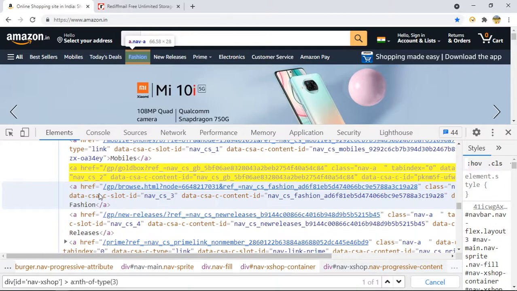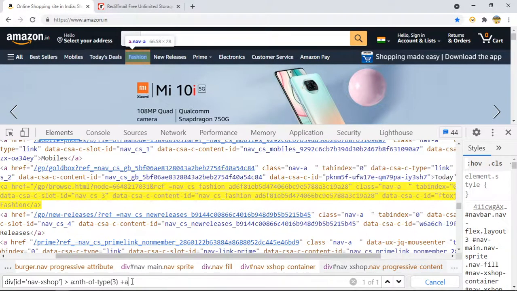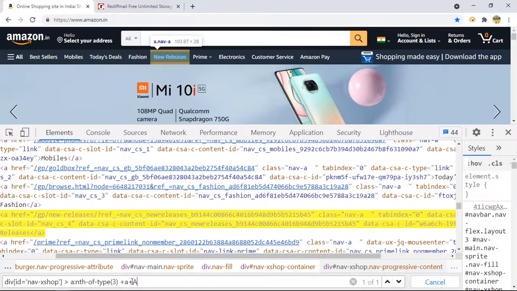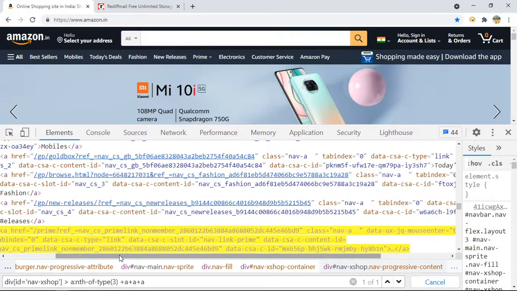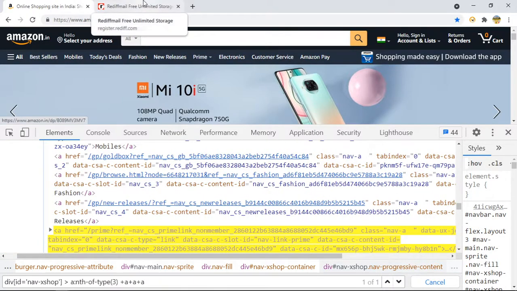So in CSS we can traverse in the forward direction only. So if I say plus a, if I say plus a, so here it is working. And if I say one more, sorry, if I say one more, it will move you. Why is it not working here?